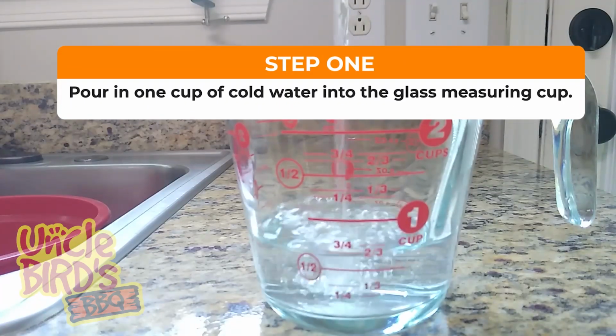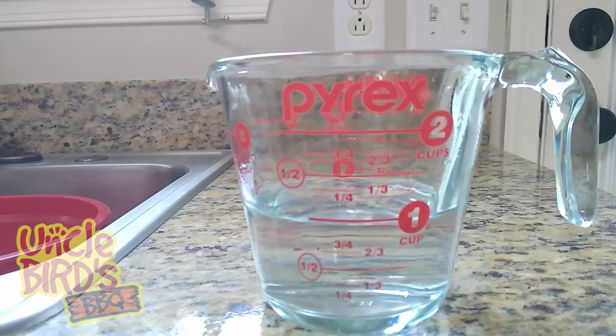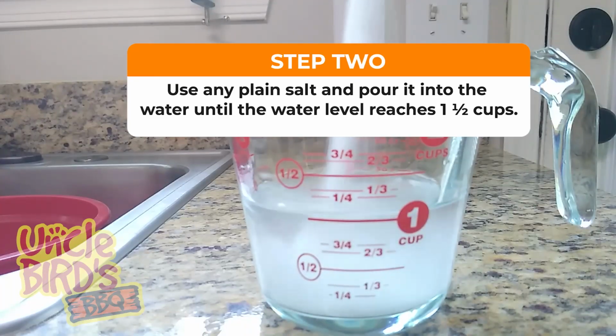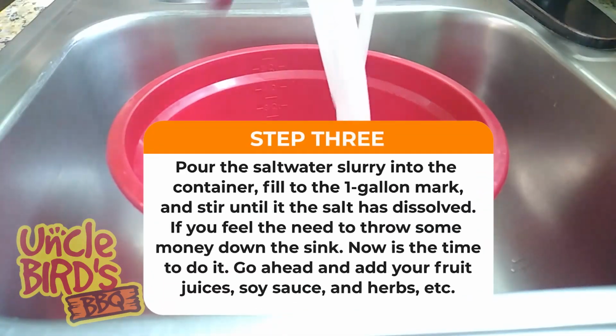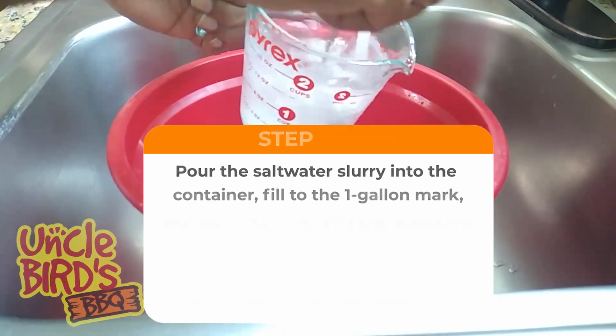Pour 1 cup of cold water into your 2-cup measuring cup. Now, you can use any type of plain salt, kosher, iodized, doesn't matter. Pour it into the measuring cup until the water level reaches 1.5 cups. Pour that saltwater slurry into your container and fill to the 1 gallon mark and stir it until the salt